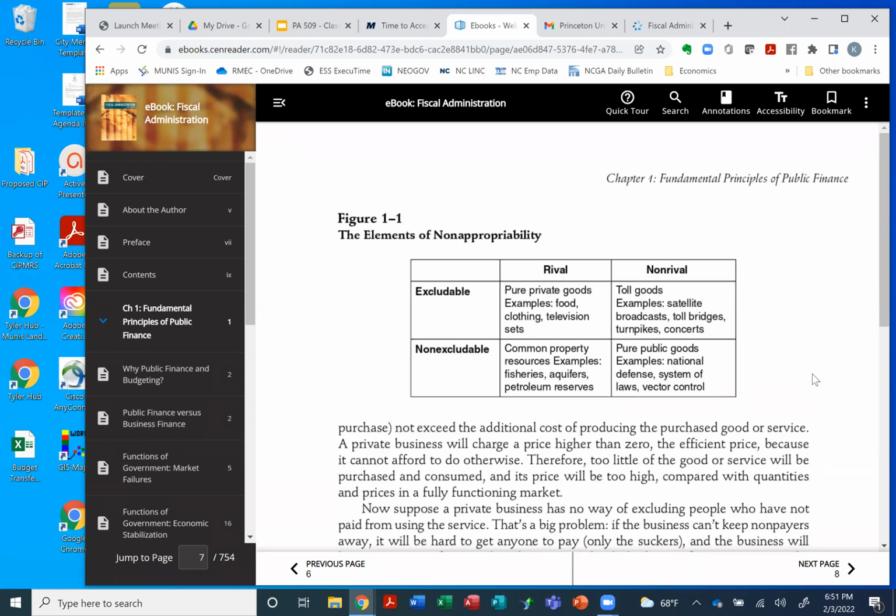And then lastly, when you have excludable non-rival goods, those are what we refer to as toll goods. So again, they're non-rival, but they are excludable. And sometimes this gets into the public space because obviously governments operate tolls. They may operate utility systems. They may operate other types of enterprises. And those are cases where there's a toll or a fee assessed to it, including satellite broadcast or broadband now, as the case may be. I think satellite's kind of going on its way out,